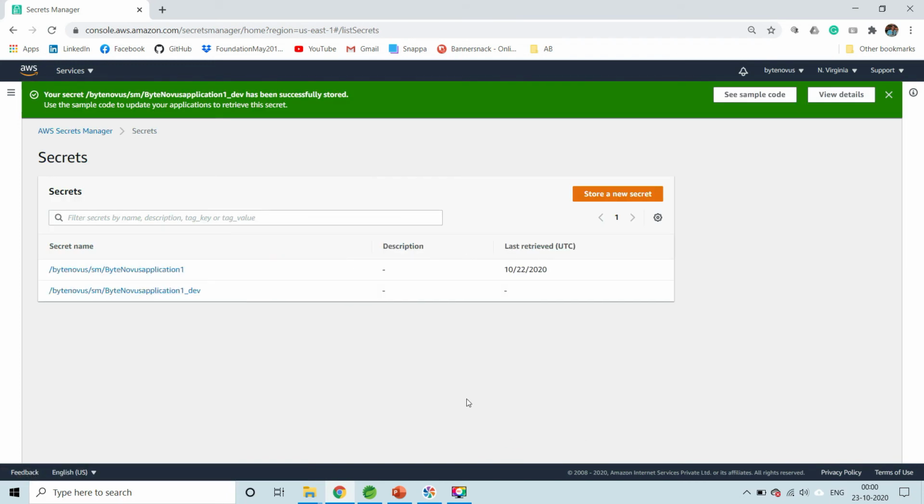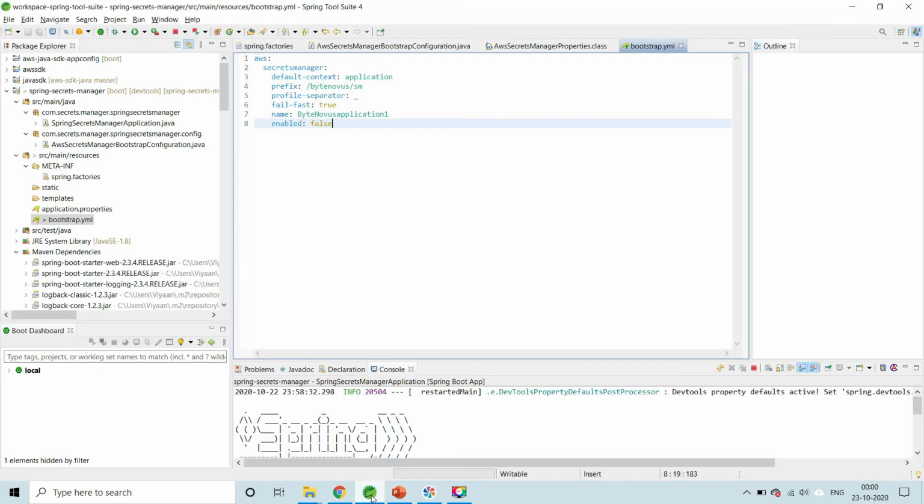So as you can see, we have created two secrets. One is a default profile, and another one a profile specific to dev environment. So basically it is similar to how you have application.properties and application_dev.properties. All right, so now I'll go back to my